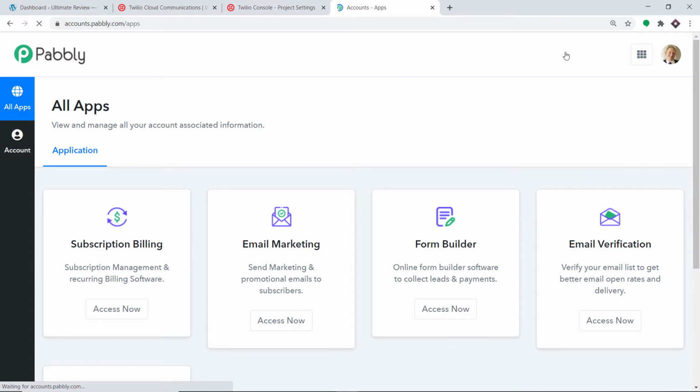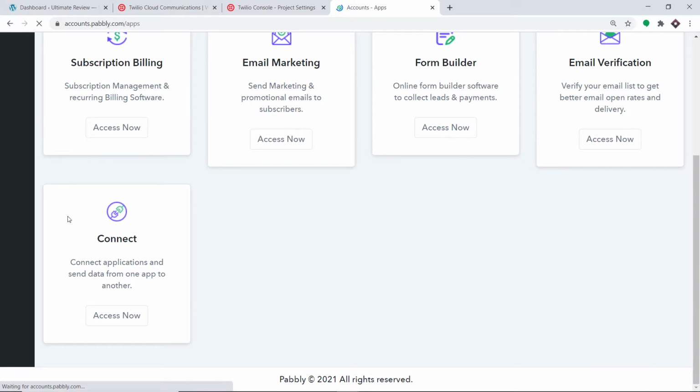As you can see, I already have made an account in Pabbly Connect. You can also create your own free account in just 2 minutes. Here, I would like to mention one more thing, that Pabbly Connect offers a plan where this integration can be tried out absolutely free. So you just have to clone the template of its workflow, which is available in the description box. Once you clone the template, you will get immediate access to this amazing workflow in your account. Okay, so scroll down and at the bottom you will find connect. Here click on access now.